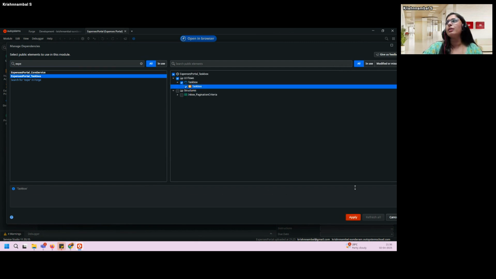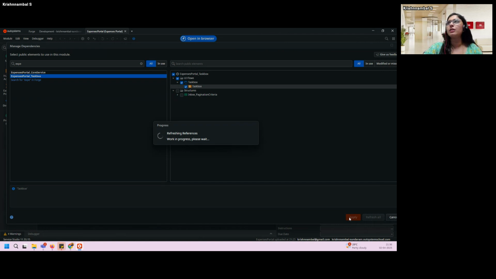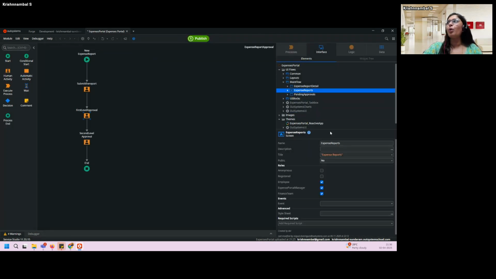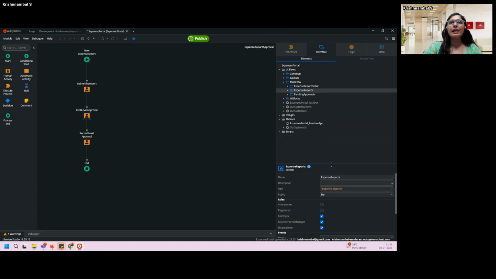Okay, this is the block. Add this block. Now this block that I have added, I want it to be visible in any screen wherever I go to. As long as I don't complete that task, it should be visible to me. That's my expectation. So in that case, it makes sense to add the task box in the layout block, because